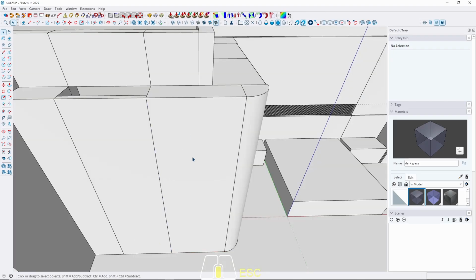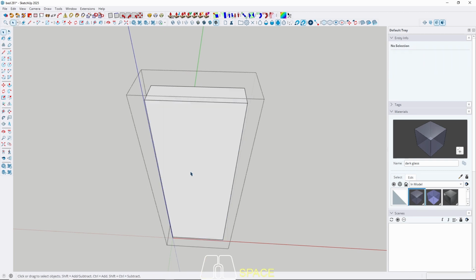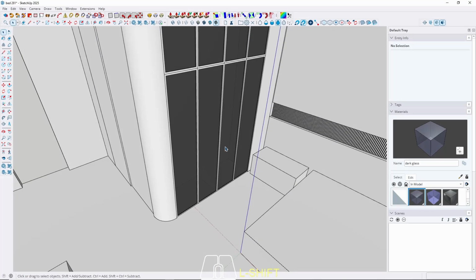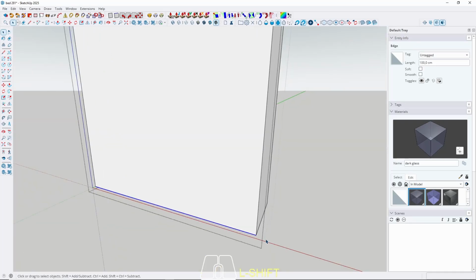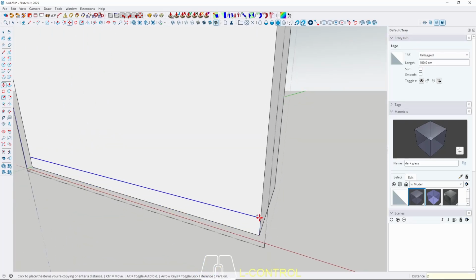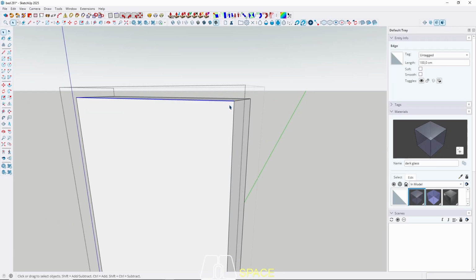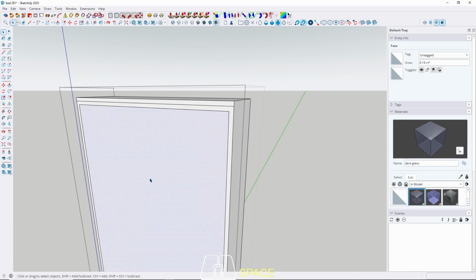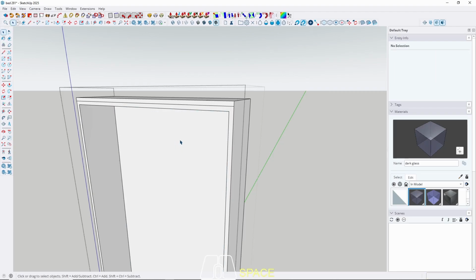Okay, let's push it for a door, and then make a 2 centimeter gap like other wardrobe. Thickness, okay, and then offset 2 centimeter for wardrobe body, and then push it 26. Okay,